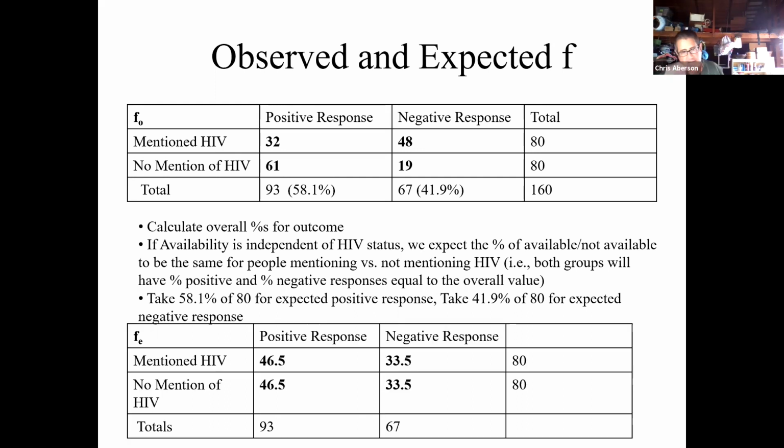You'll have the values. These don't have to be whole numbers. So you can see it would be 46.5 and 33.5 as the expectation, and that's the same expectation for each group. That's what it would look like if it was independent. How far that is from what we actually observed, and we can see that it looks like there's going to be some pretty big numbers getting squared here, is going to drive the chi-square value.